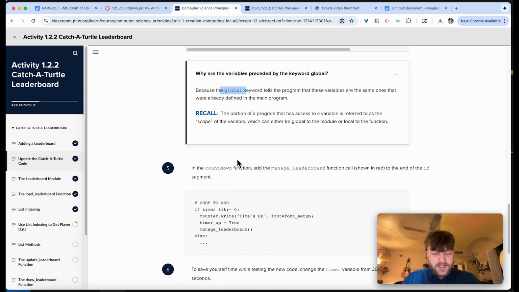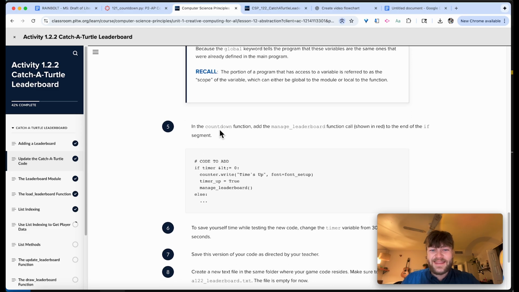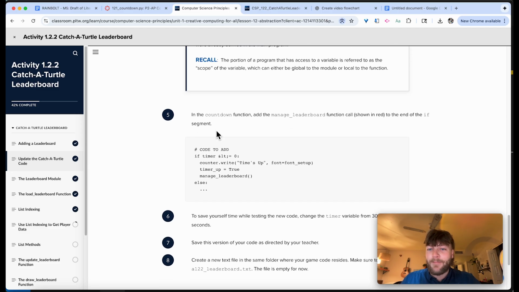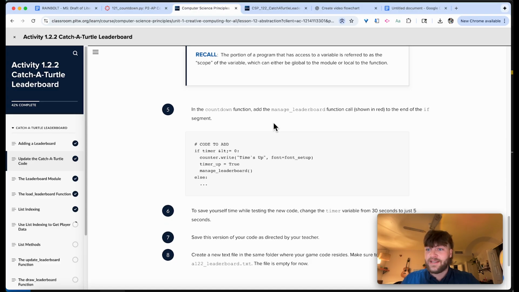Okay, let's continue to step number 5 here. In the countdown section, add the manage leaderboard function call shown in red to the end of the if segment. So in the countdown function, we're going to end up adding in this code. Now notice that they do have else in there, so we have to keep that in mind. So, countdown function,